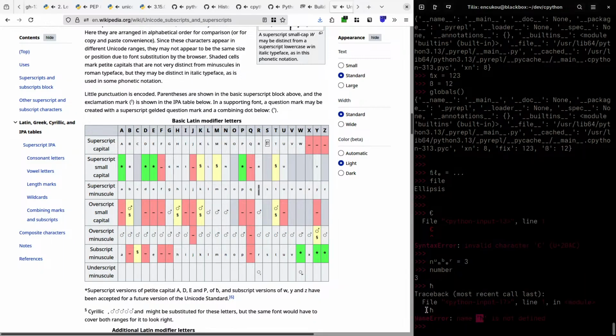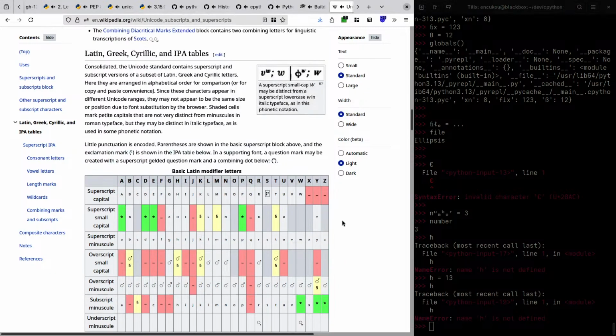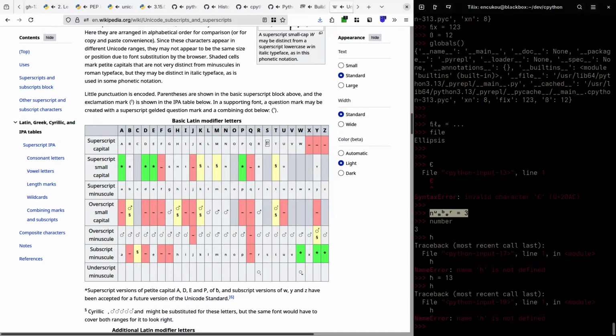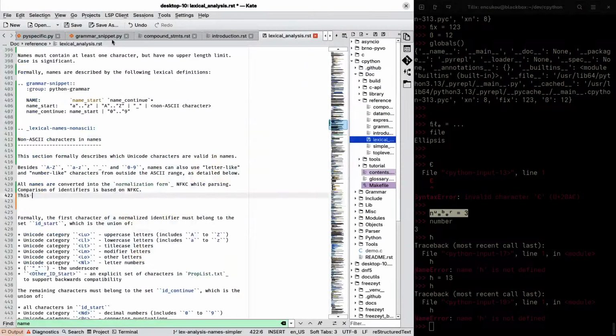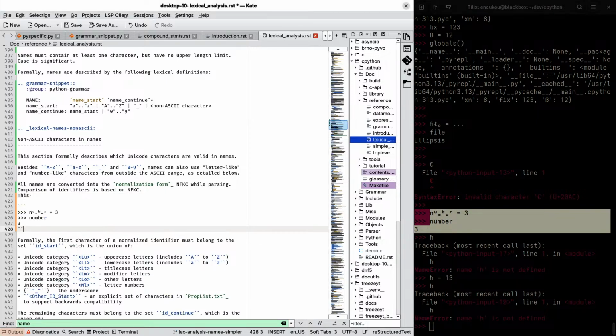No, but that gets normalized to... Yeah, that keeps the sign on it. Oh, this is not markdown.